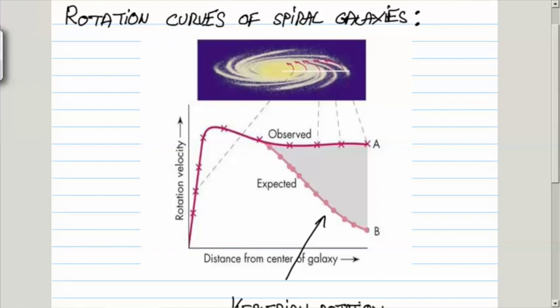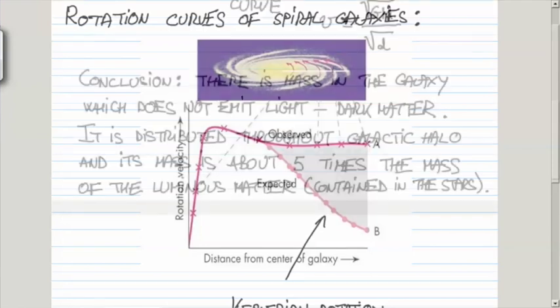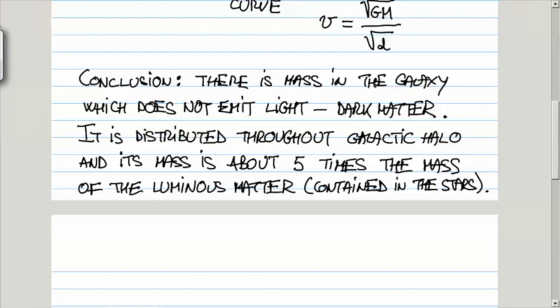And when you do the calculation, in order to explain the observed rotation curves, how the rotational velocity depends on the distance from the galactic center, it turns out that we must have 5 times more dark matter than luminous mass. In fact, the notion of dark matter was introduced much earlier,